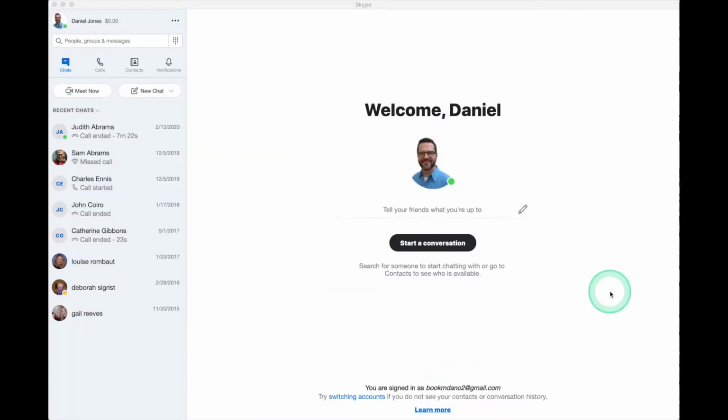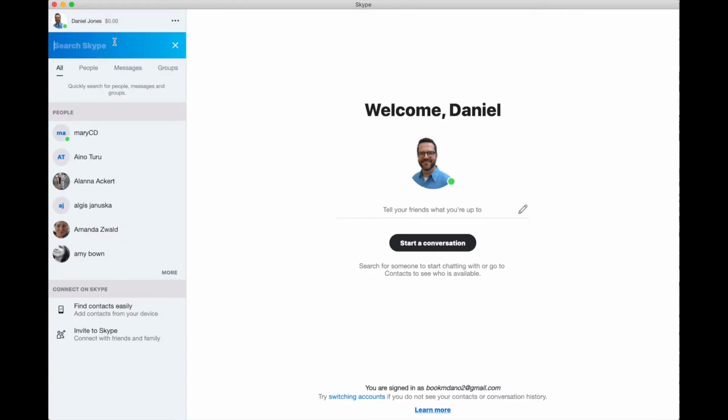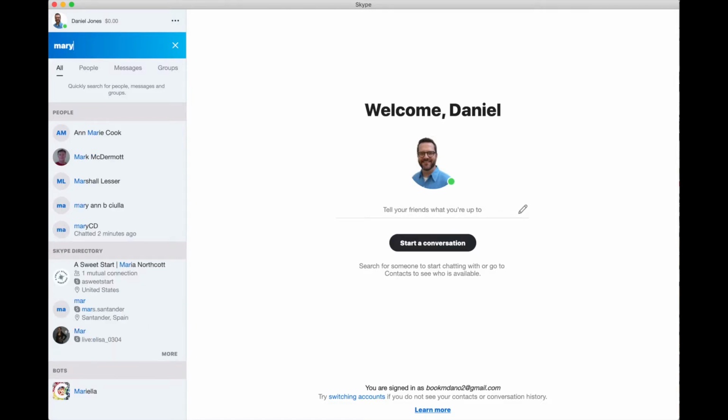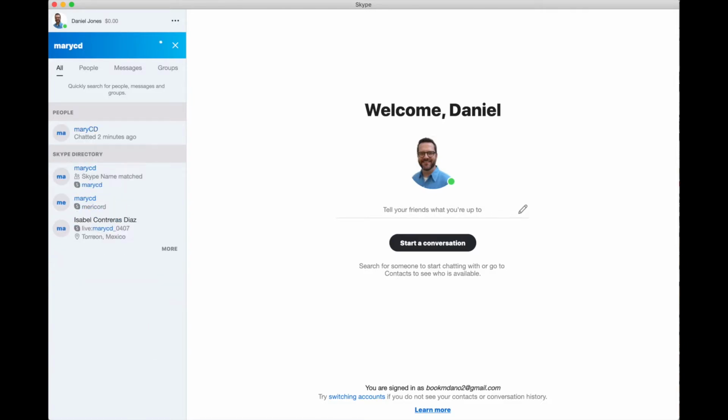Okay, the next window that pops up is your Skype homepage. And as you can see on the left-hand side, there are a list of people that you have had a Skype chat with in the past, but we don't want to chat with any of these folks today. So instead, I'm going to go right up here to my search bar, and I'm going to click there, and I'm going to type in the name, the Skype name of the person that I want to